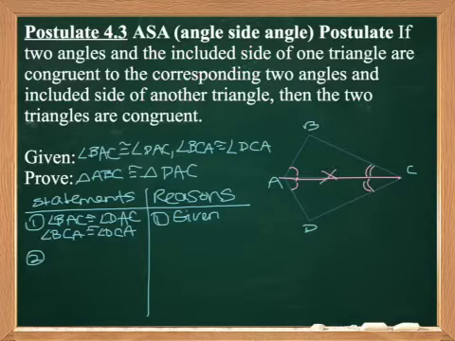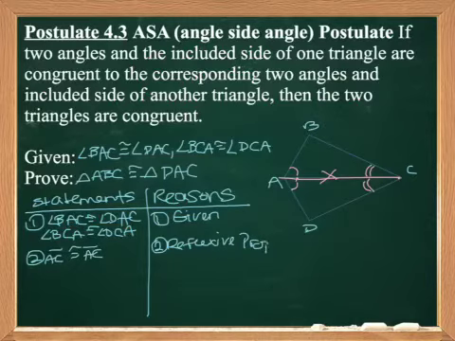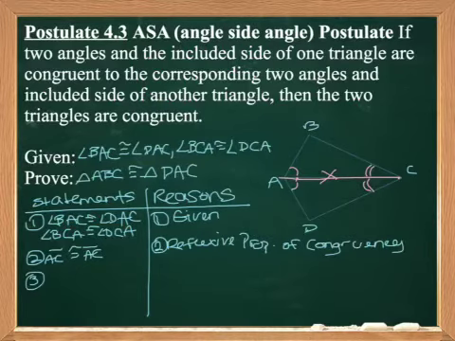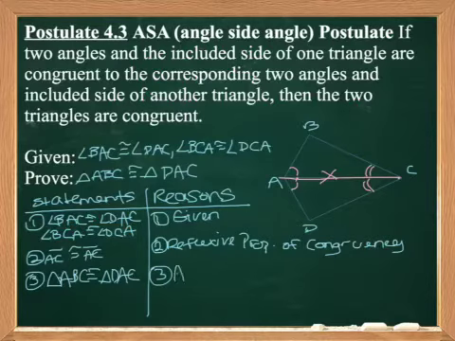Well, we know that this side is congruent to itself by the reflexive property. So our first statement is just the given statements. Our second statement would be that line segment AC is congruent to itself by the reflexive property of congruency. And now we have angle, we have the side in between them, and we have another angle. So we can state that the triangles are congruent because angle side angle is congruent to angle side angle, meaning